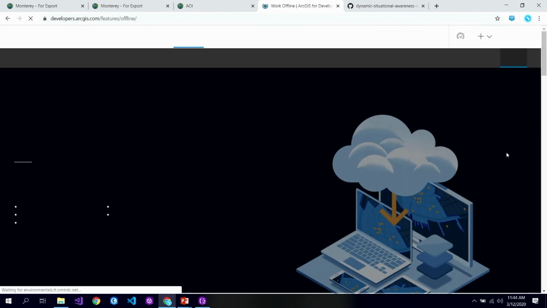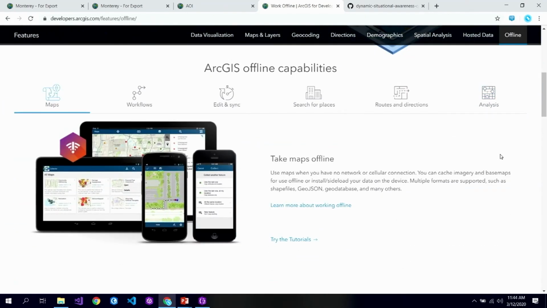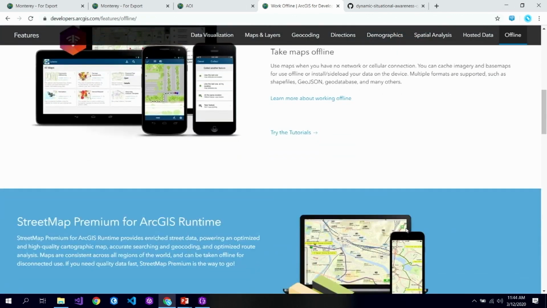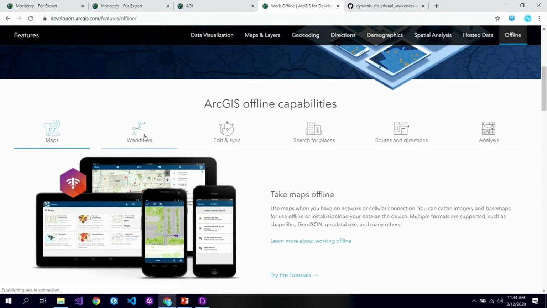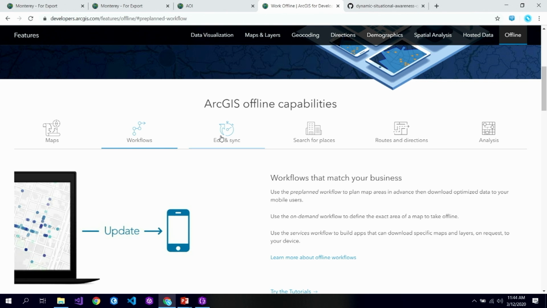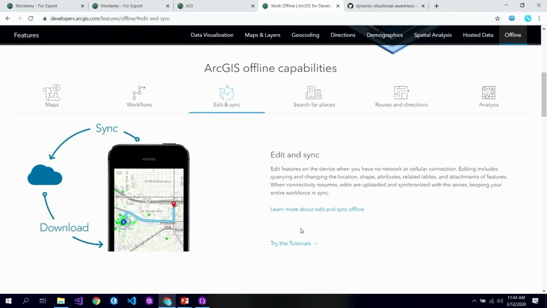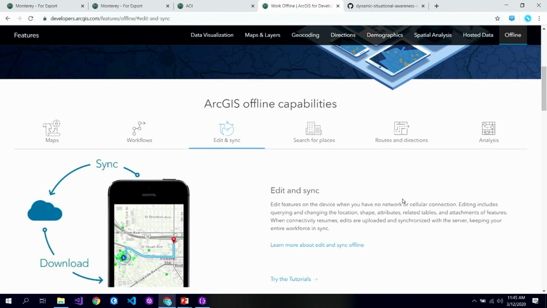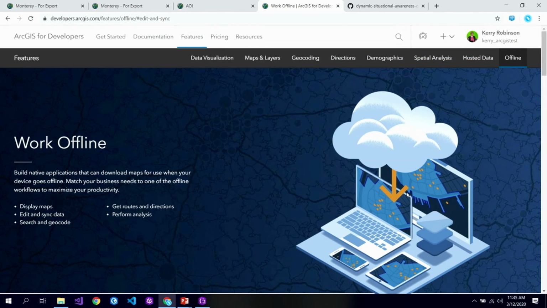we have a really nice description of some of the ways that you can take maps offline. So we have links here to other pages that talk about that. We have several tutorials and then some other pieces of information that you can use depending on what you want to do. So if you do want to enable editing, there's a link here and some tutorials to talk about editing. So definitely make sure to spend some time poking around this developer site and see if you can find the